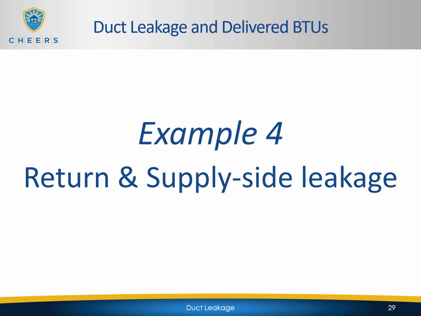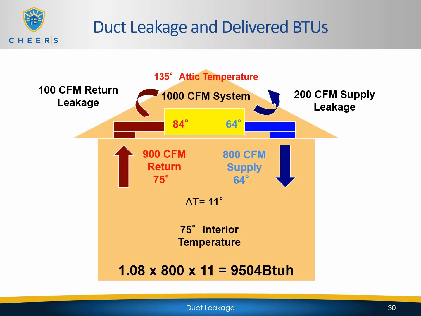So in our fourth example, you have return and supply side leakage. Same house, we still have a 1,000 CFM system, we still have 75 degrees inside the house, and we still have 135 degree attic temperature. We're leaking 100 CFM return leakage and 200 CFM supply leakage. So now, because we already have the delta T's in place,